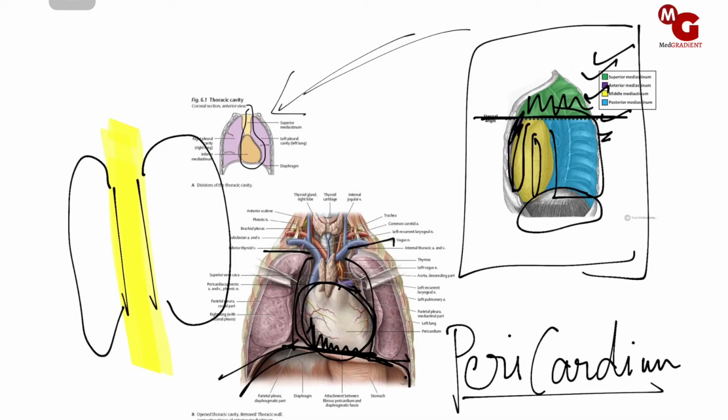So what we know is our heart is present in the mediastinum, right? The heart is present in the mediastinum, and the mediastinum has four parts, that is superior mediastinum, anterior mediastinum, middle mediastinum, and posterior mediastinum. Now some textbooks may have some other parts like inferior mediastinum and so on, but it is just like